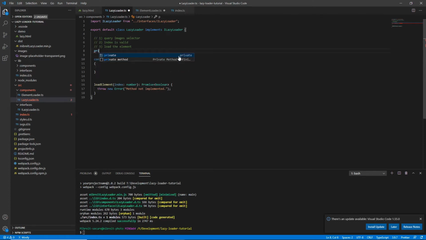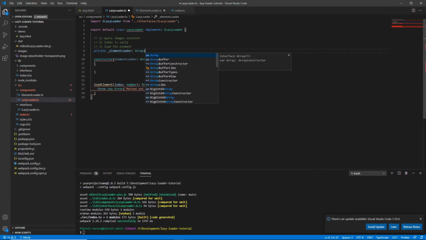We actually have access modifiers here, so we can make a private variable, and same as for JavaScript, I use this convention where I say, okay, a private variable starts with an underscore, and I also later explain why this is important, because we can use it for mangling variables with our code minification. But for now, let's just define this element loaders array, and also I say, okay, that's the array of element loaders,